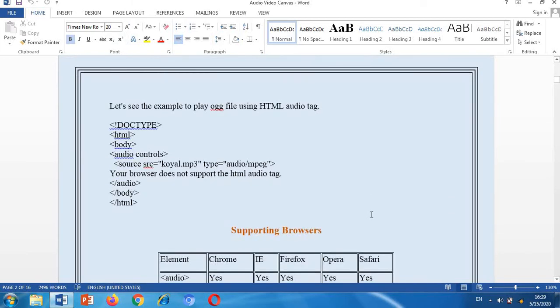Now let's check an example and try to make the HTML code. As you can see in this code, there is the HTML body, audio controls, and source src, that is the file name of the MP3, and type audio/mpeg. If your browser does not support the audio element, then this message will be displayed. We are only using this code for inserting an audio file in the HTML file. So I am just copying and pasting this code in